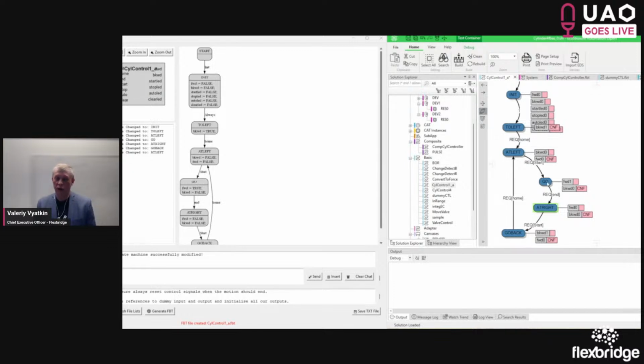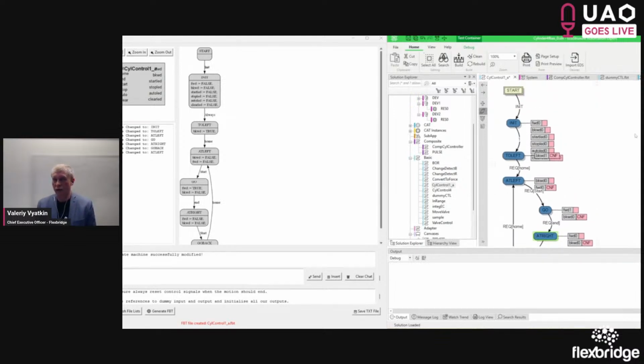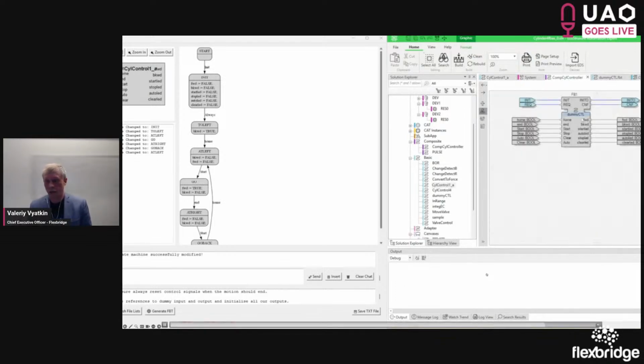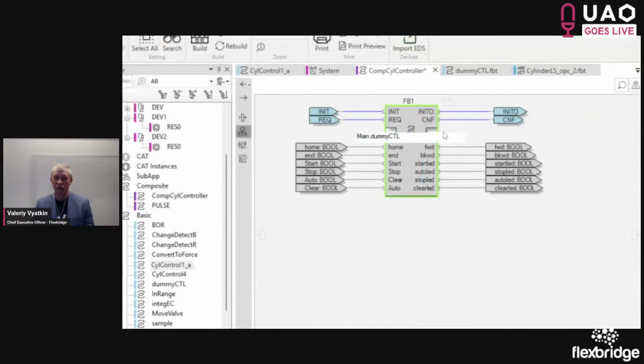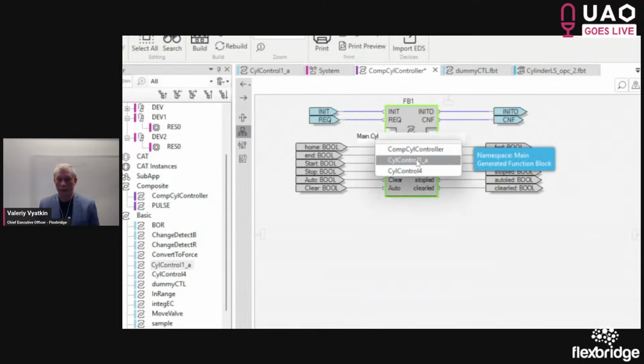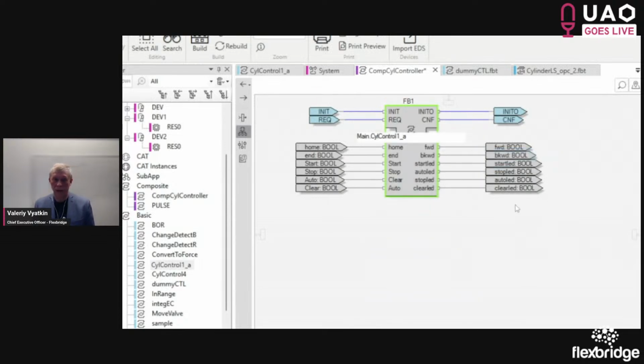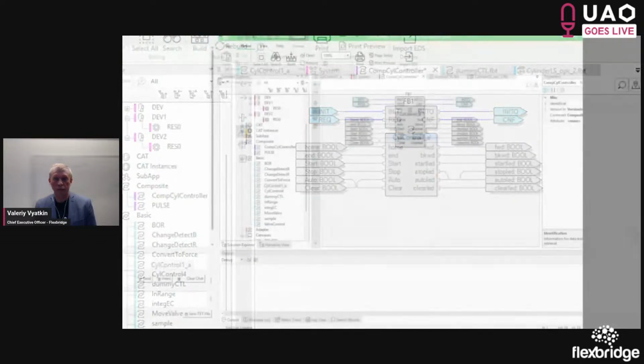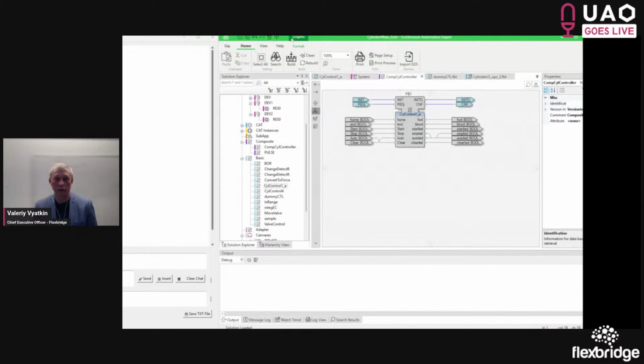So now we have this function block within Automation Expert, and we can just go and run the whole system and test and see how it's going to work in EcoStruxure Automation. So we here click and substitute the dummy controller by the newly created auto-generated function block type. And then we need to start and run this function block application deployed to the device. So yes, we save it and then go to deployment,